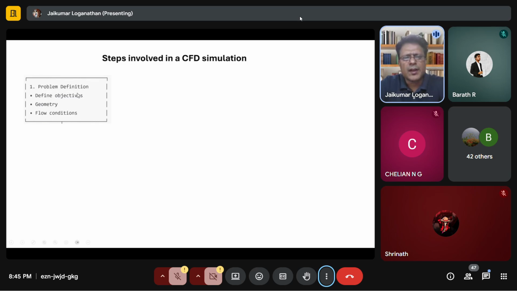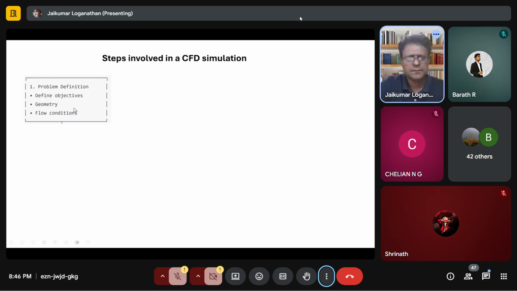So we will define the objectives, and then we'll define the geometry, and then the flow conditions, right? What is the Reynolds number? What is the Mach number? Is it a turbulent flow? Is it a laminar flow? What is the angle at which the flow is coming? If you are at sea level, the density is different. If you're trying to understand the forces acting on an airplane at, let us say, a 10-kilometer altitude, which is the cruise altitude for an aircraft, then the flow conditions are very different. You have a much lower density, much cooler temperature, etc. So you need to first identify those flow conditions, geometry, and also the objectives for why we are doing a